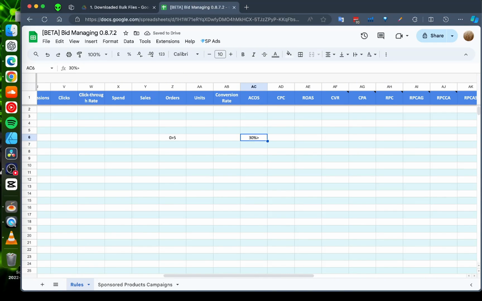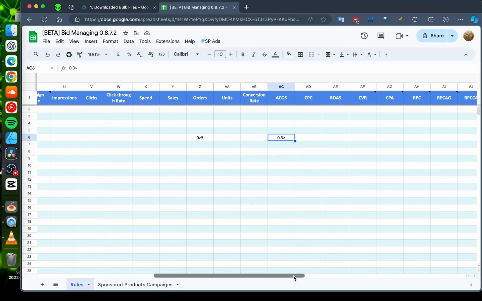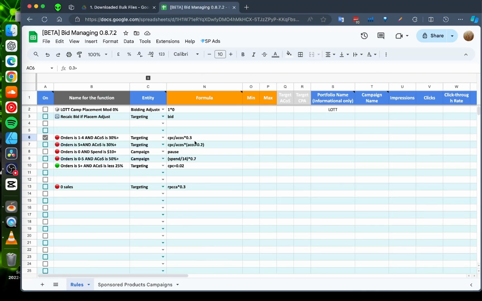I just prefer to use the mathematical presence of the 30%, which is not 0.3. 100% is obviously 1. And why? Because it's easier when you use it that way. It's easier to imagine it when you write in formulas. So what this will do, whenever it will find a row with keyword or product targeting, because we selected targeting,